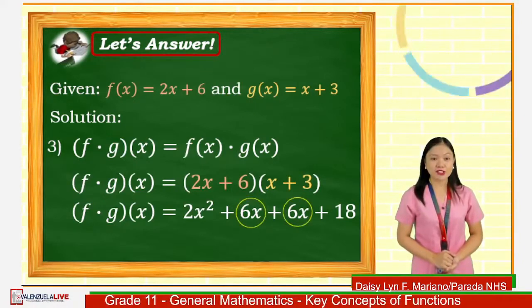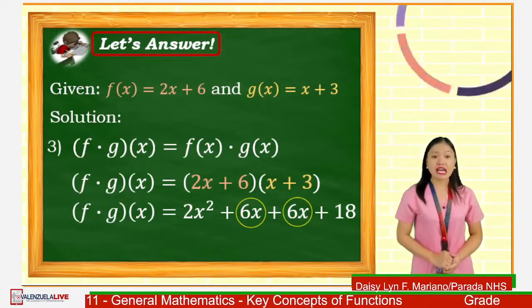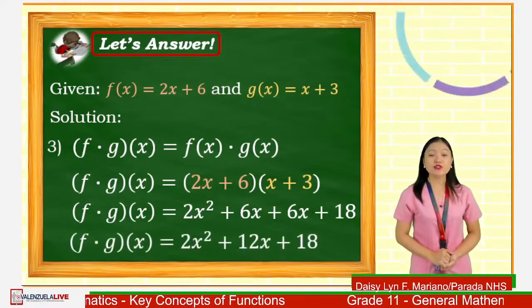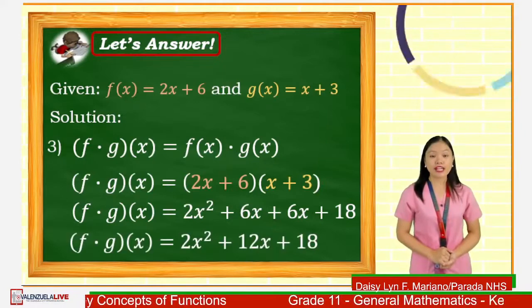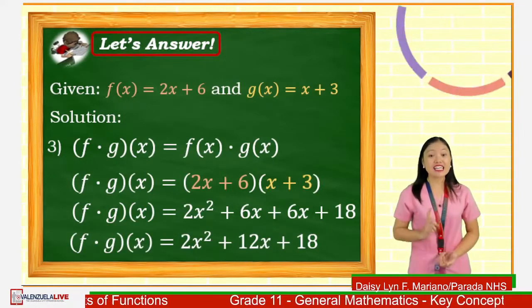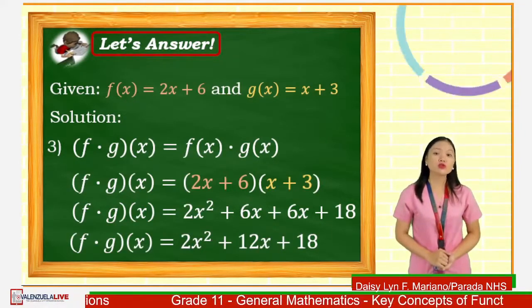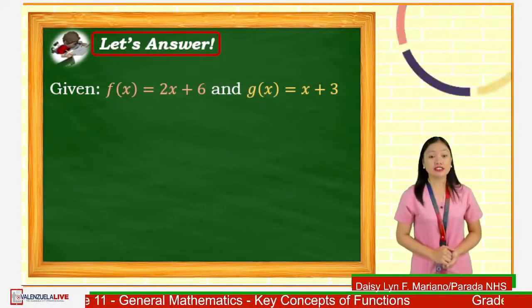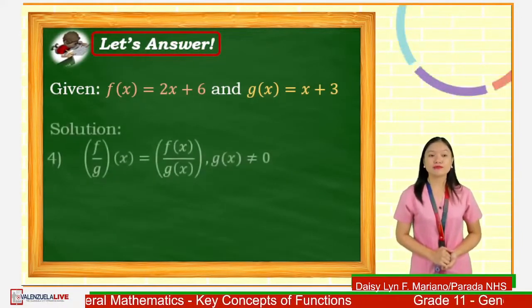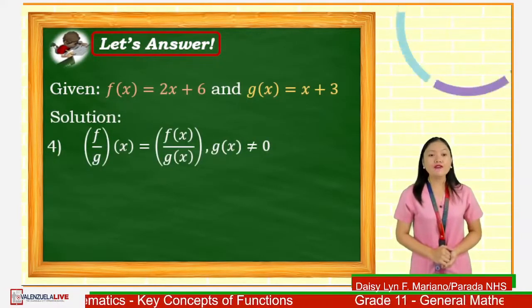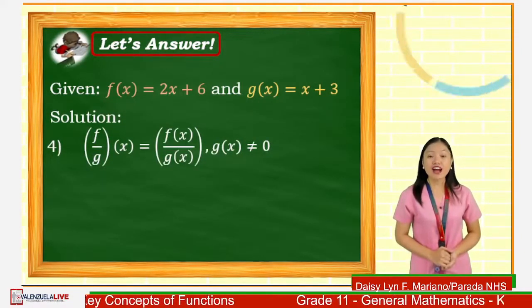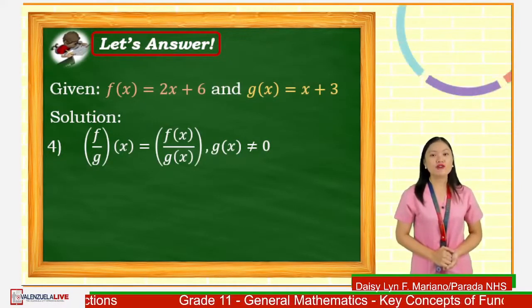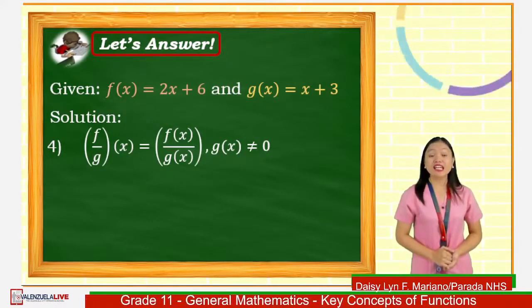Combine similar terms. That is 6x and 6x as 12x. 2x raised to 2 plus 12x plus 18 is the product of the two functions. Lastly, let us find the quotient of the two functions, which is f over g of x. And that is similar to f of x over g of x, where g of x is not equal to